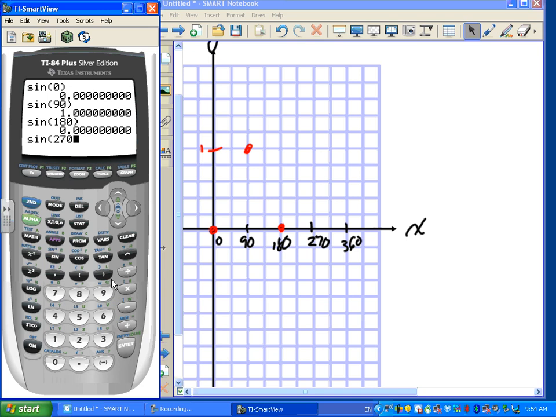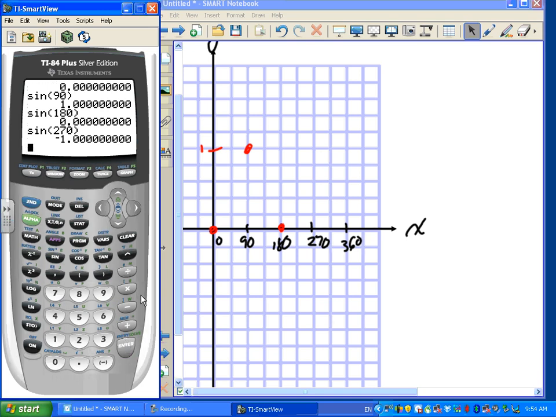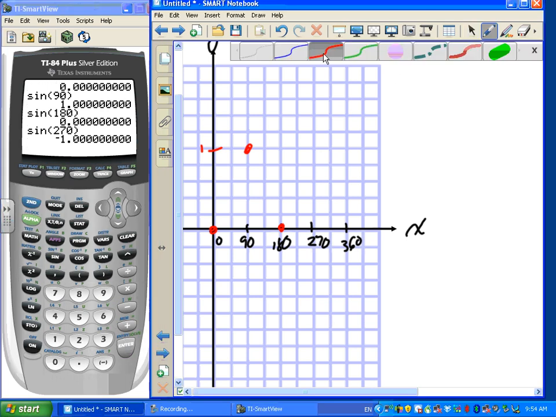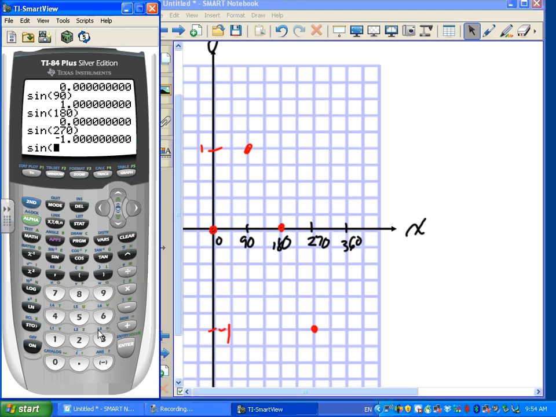Sine at 270. -1. And sine at 360 is going to be 0. Now here's,